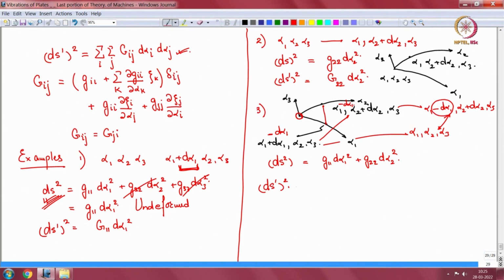Okay. So as a result, this looks like g11 d alpha 1 squared plus g22 d alpha 2 squared minus twice g12 d alpha 1 d alpha 2. This is ds dash 1 2. Okay. So in general,